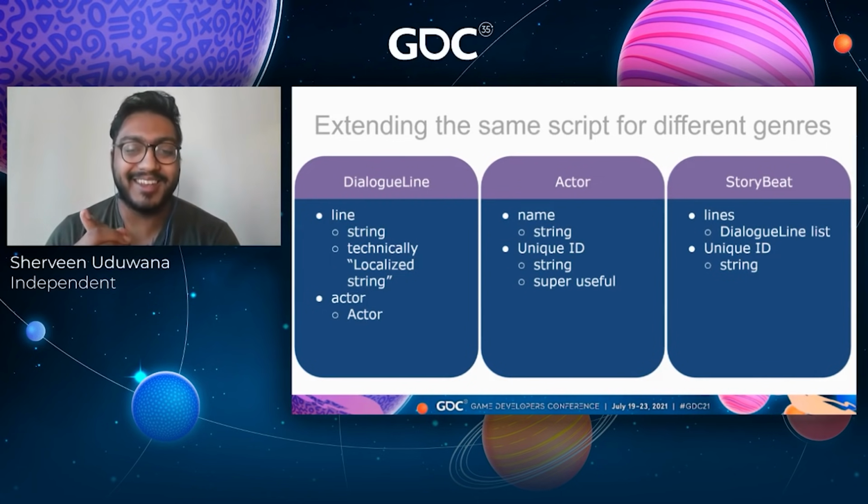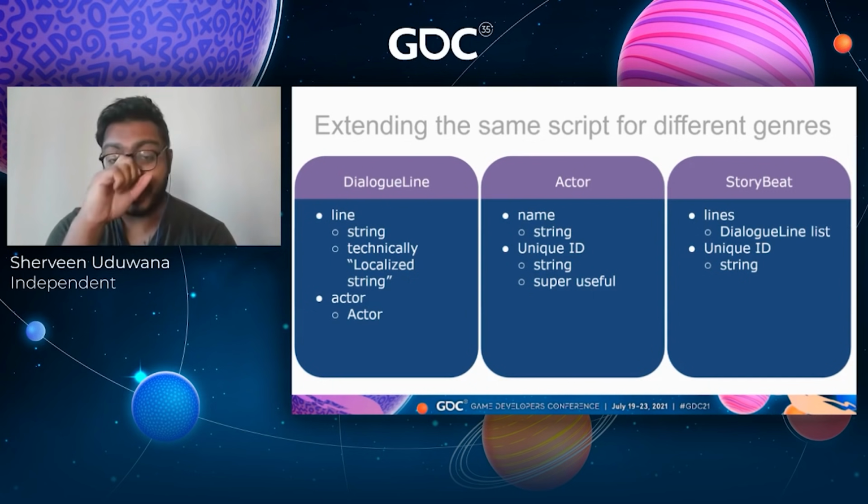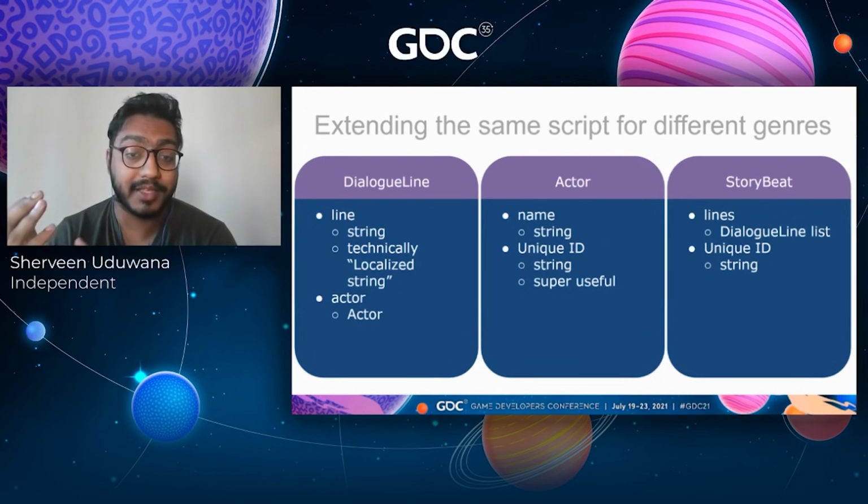I recommend having unique IDs in a lot of things because every single time I make a game and I don't put unique IDs in things, and then I start trying to save things and reload things, I just go back and add IDs to things because I realize I needed them. So that's super useful. I'm calling that out. So yeah, that's your actor. It's basically just the name that's the main thing with the actor, and a reference to it.